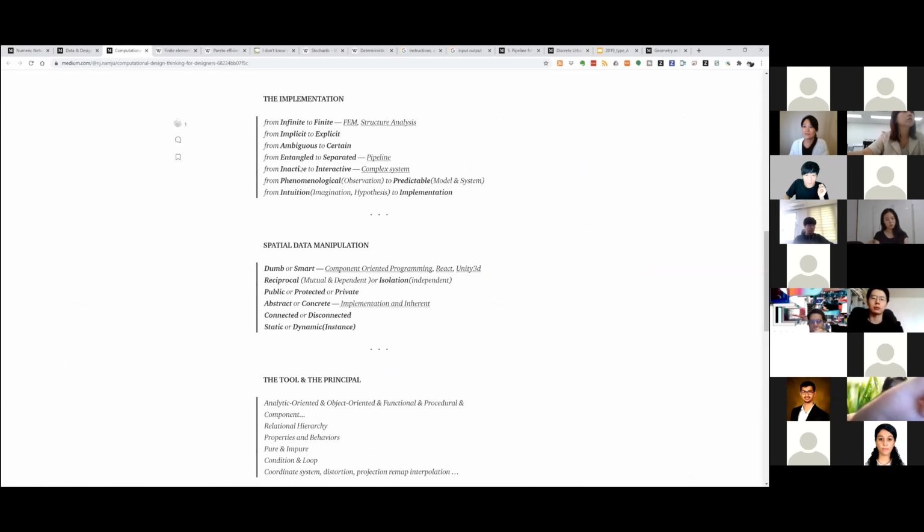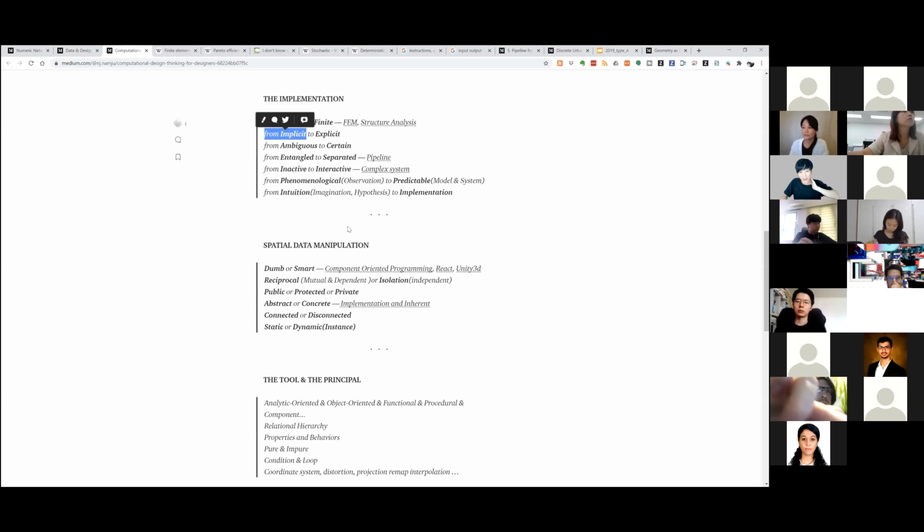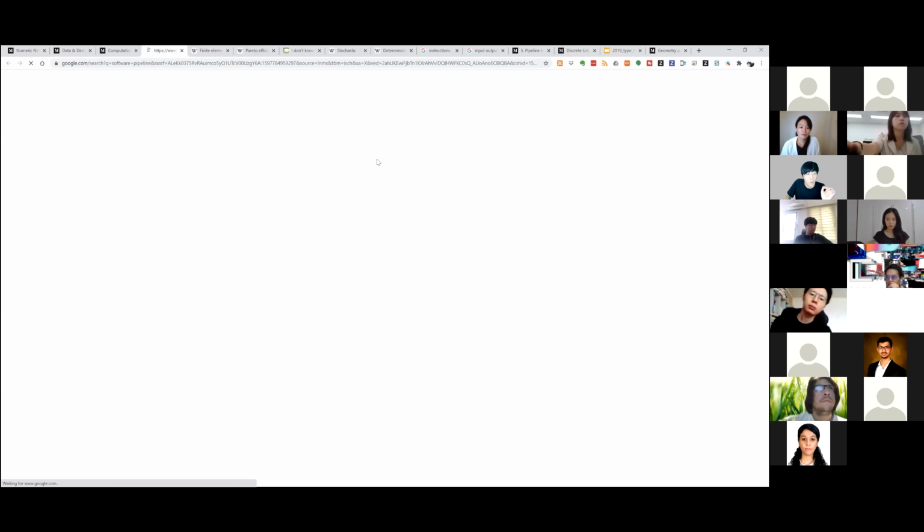And then obviously, even if you consider yourself a very expressive person, you are not that expressive compared to the computer. With a computer, we always need to state things explicitly. This is an important thing. Obviously, we talk about ambiguous things, but we need to give very clear instructions to the computer to compute. And sometimes your thought process is very entangled, just like spaghetti, but we need to clearly separate it. This is more about a pipeline.